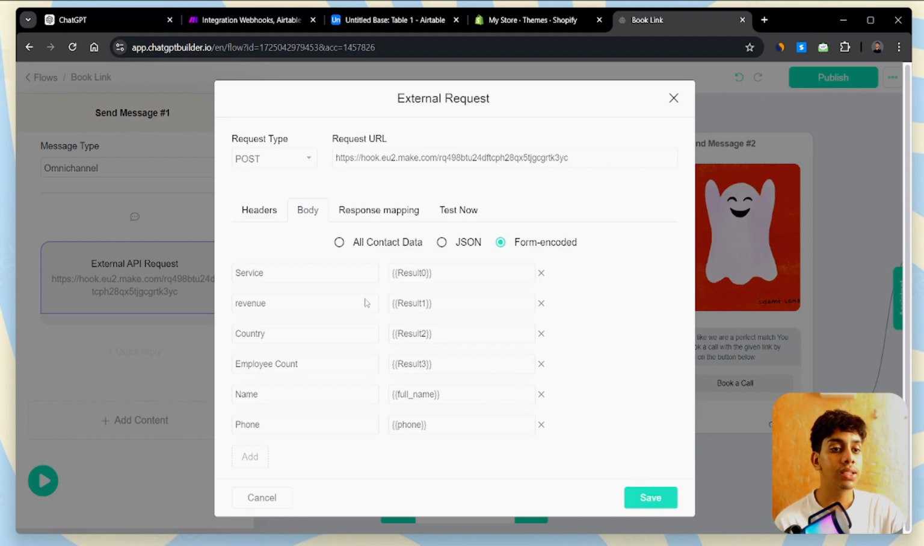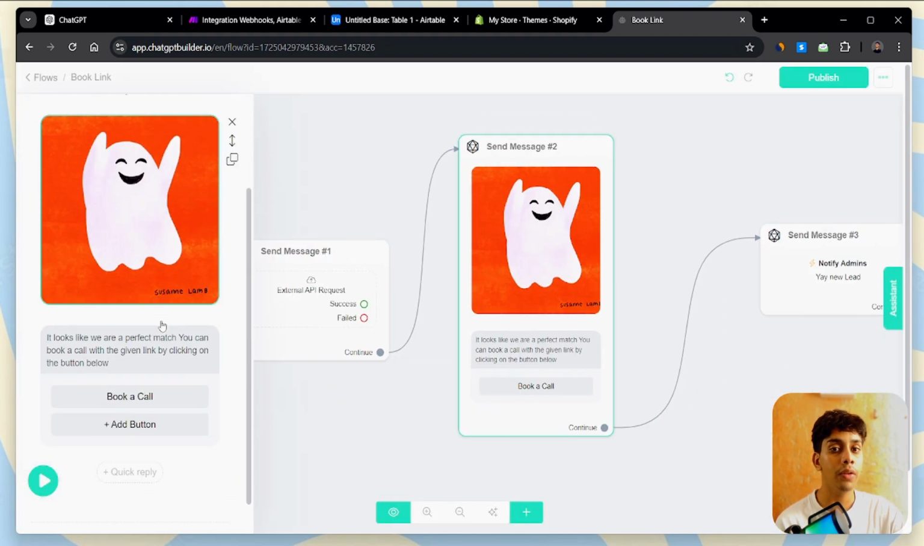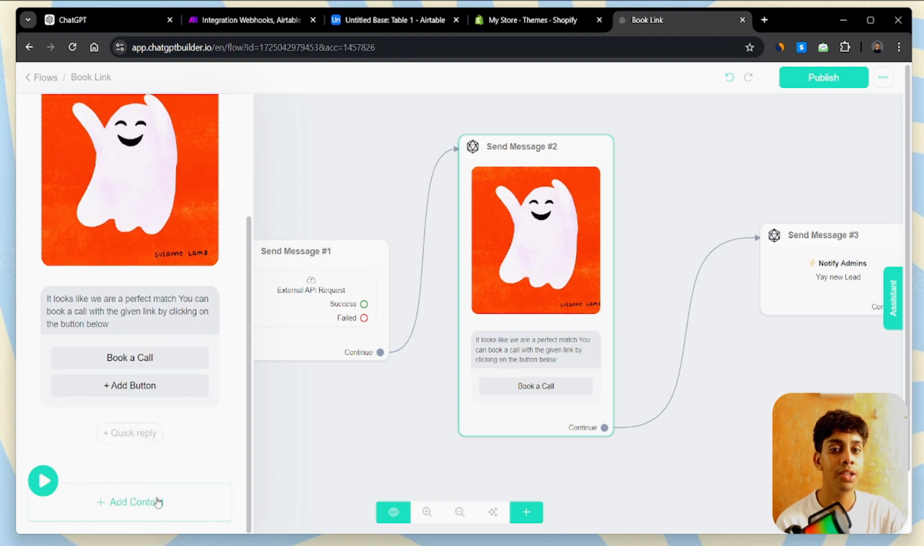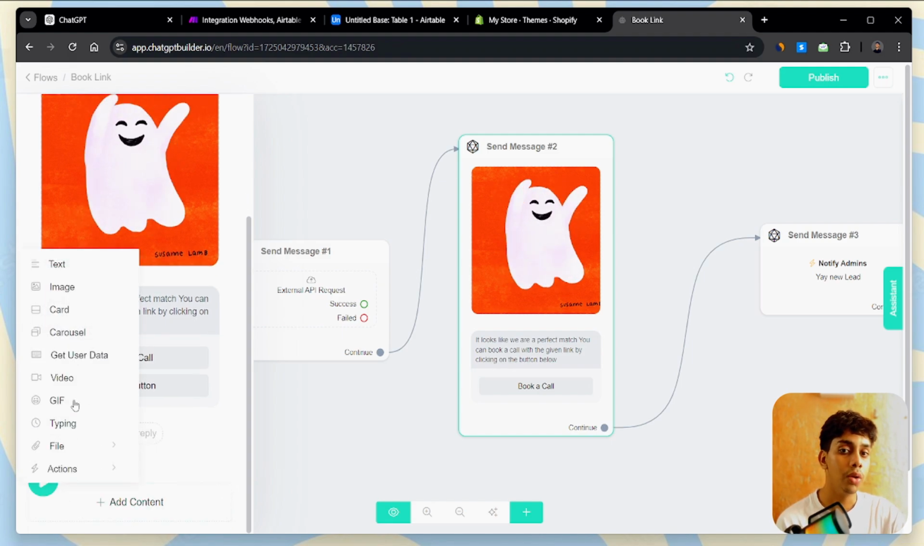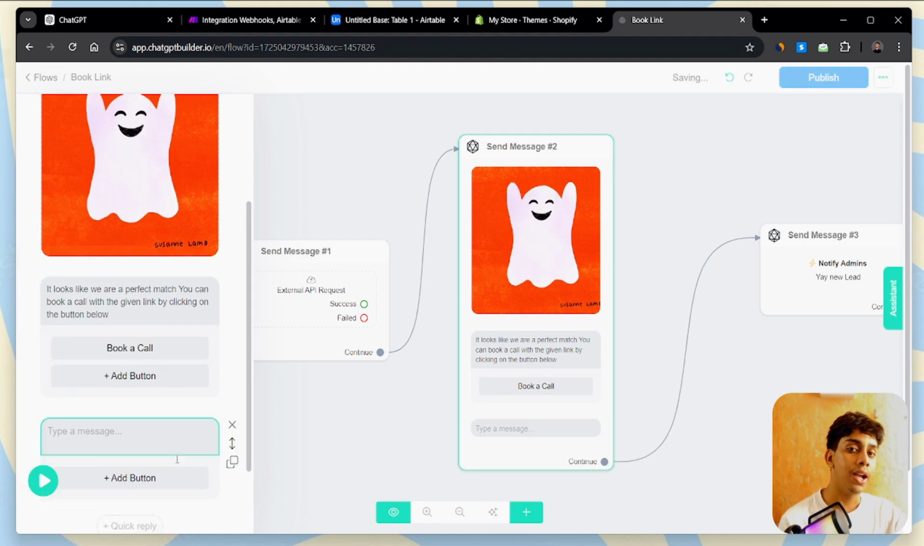Now what we're going to do is click on save, make sure it's always on closed, click on save, and here I'm just adding a GIF. This is basically how you can add a GIF. When you click on add content, you can add a GIF of your own choice, and after that over here you will write the text. So if you add content,